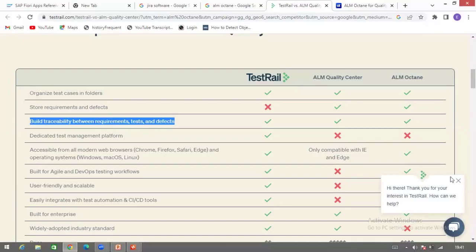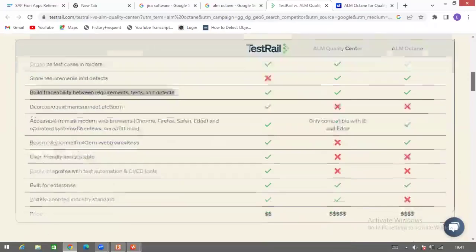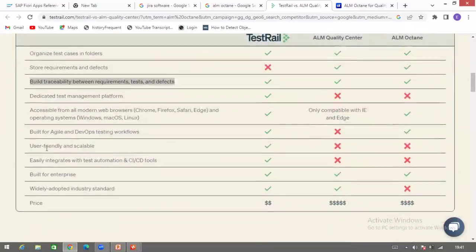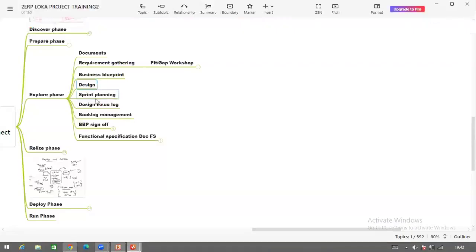What all requirements you are gathering can be created in this tool. This is going to help in most of the agile projects. Activities like design, issue log, creating a design, sprint planning, all those things fall under agile methodology.